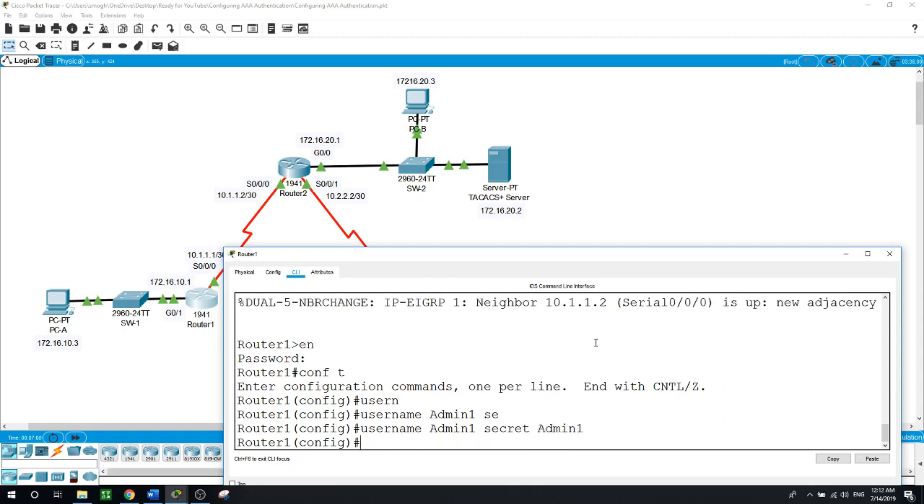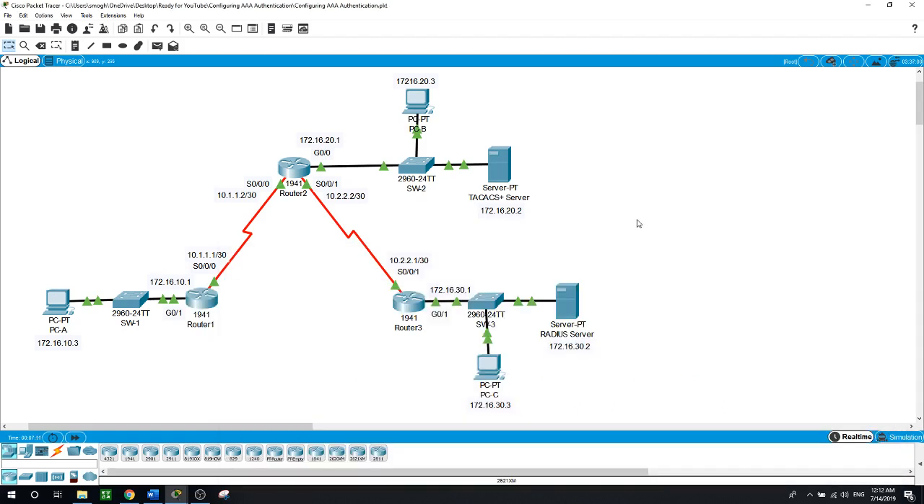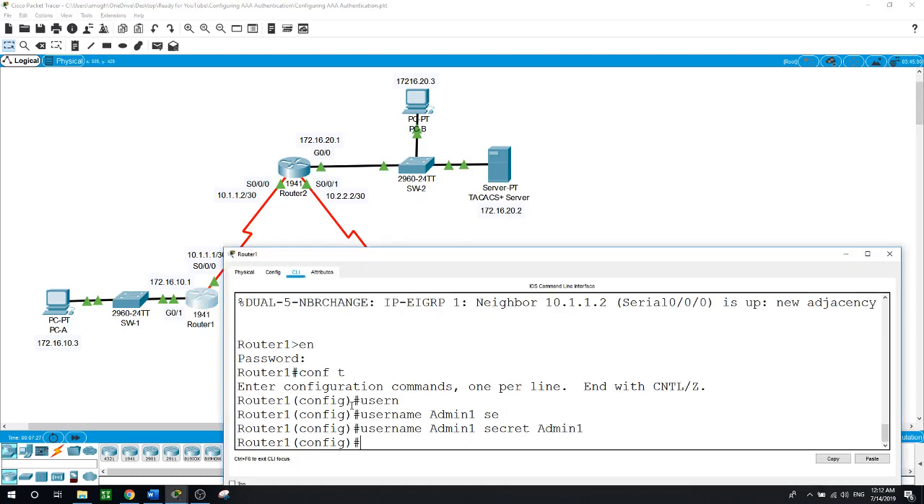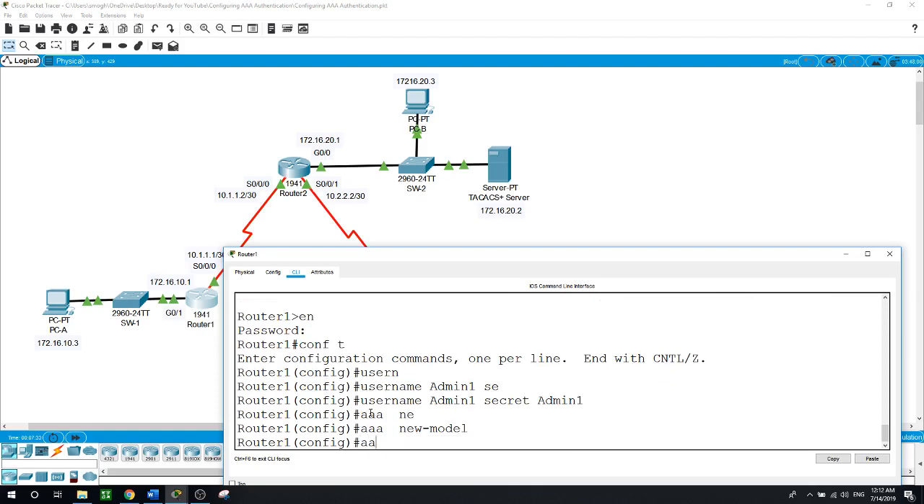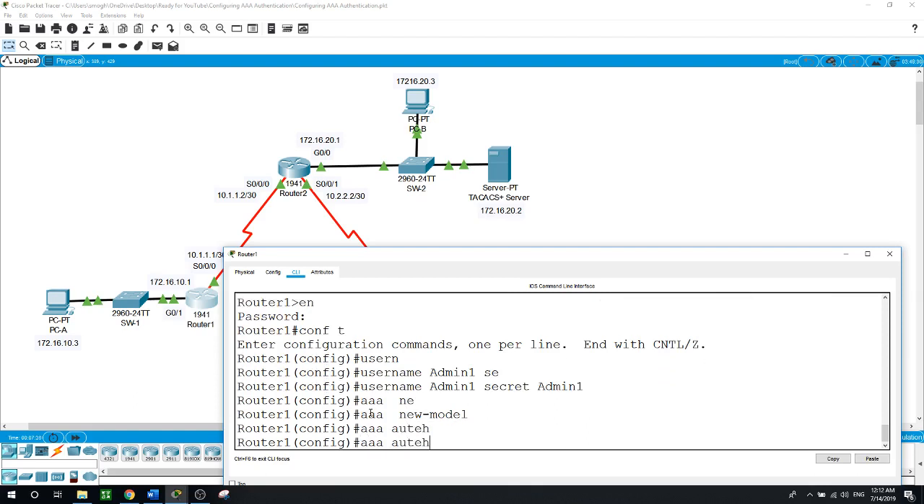Next, I will configure local AAA authentication for console access on router 1. I will enable AAA on router 1 and configure AAA authentication for the console login to use a local database. So back to router 1. The command goes like this: aaa new-model, enter, aaa authentication